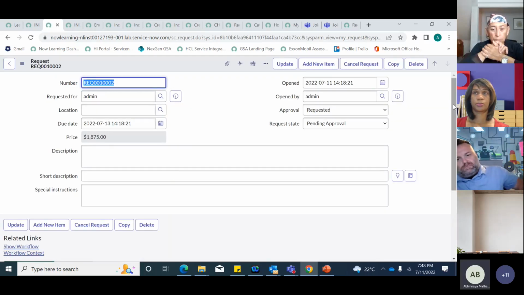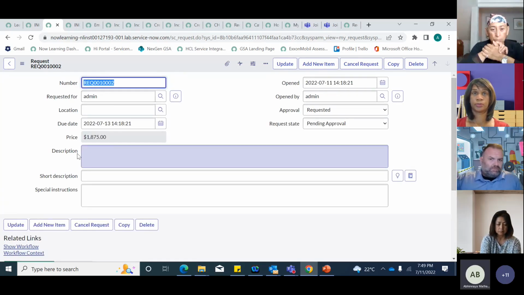So basically service requests are used for requesting any service, right? Or ordering any items. So this has a different set of fields where you can populate some of the values